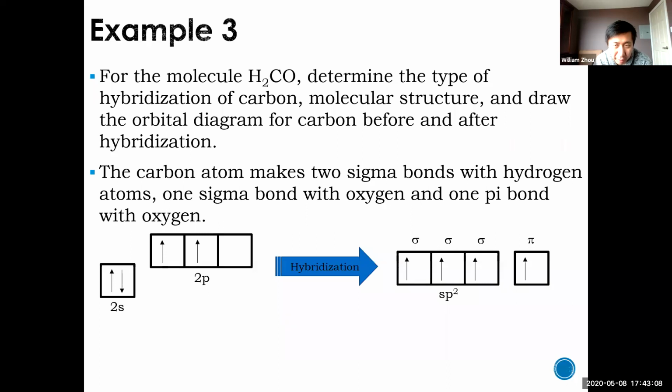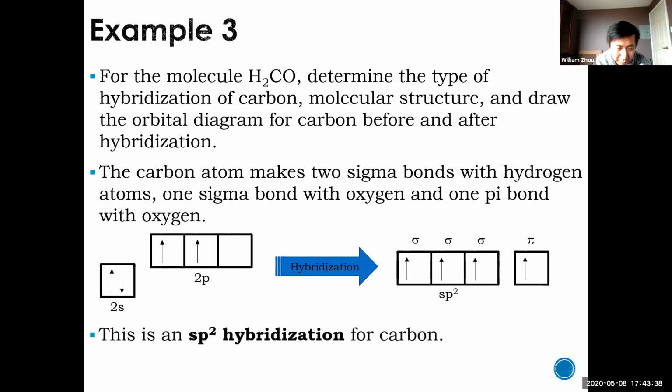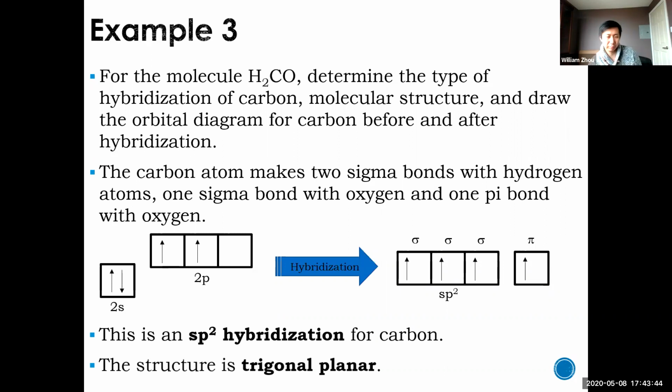And what would be the molecular structure? You have to think about how many things are sticking out of the carbon. You have 2 hydrogens and one oxygen, and despite having a double bond, that still counts as one thing. So that means you have three things sticking out of your carbon. So a short way of remembering, just count the sigma bonds. You have three sigma bonds, so three things sticking out. No lone pairs, so that is sp2 hybridization, and this would be trigonal planar. Okay, and that will be the structure of